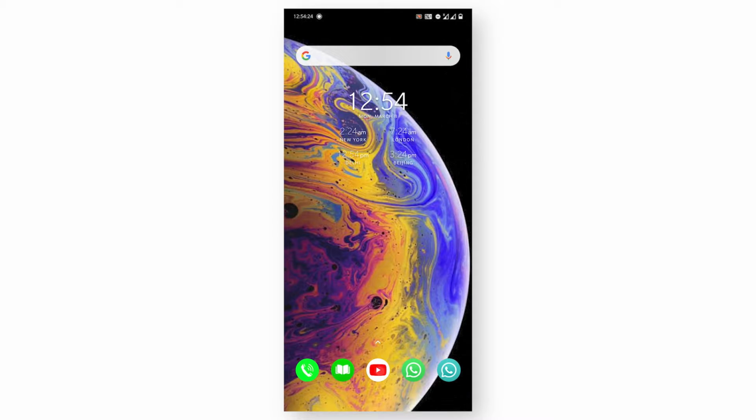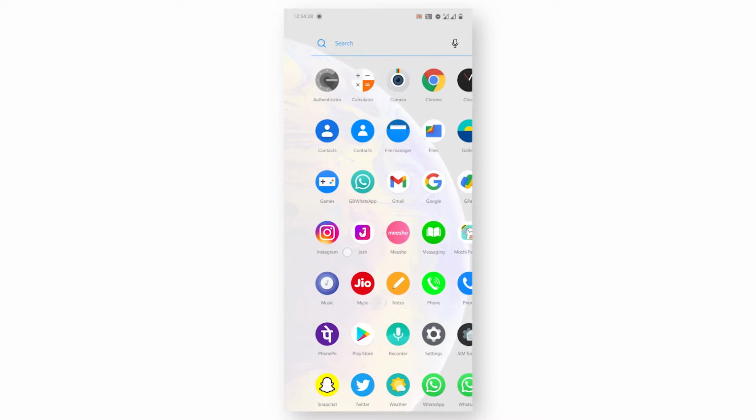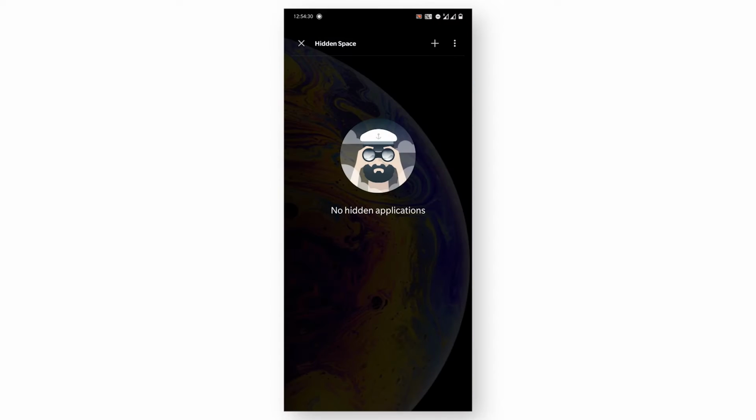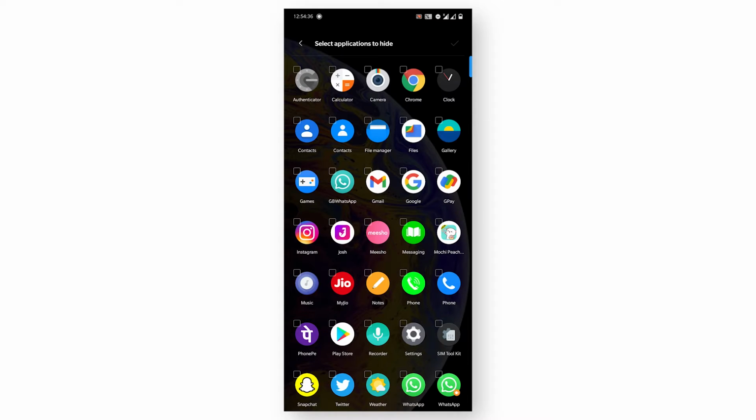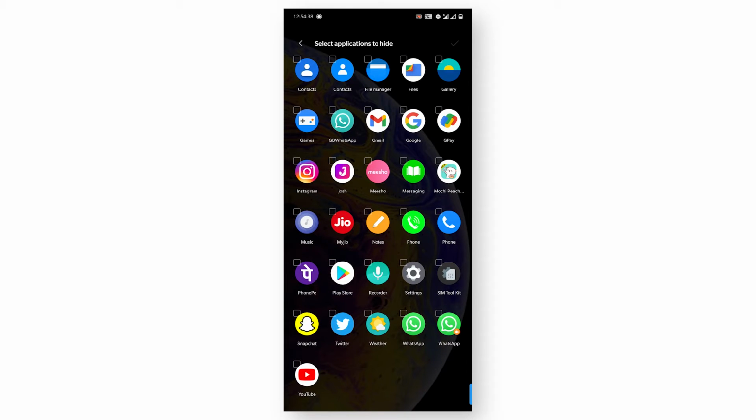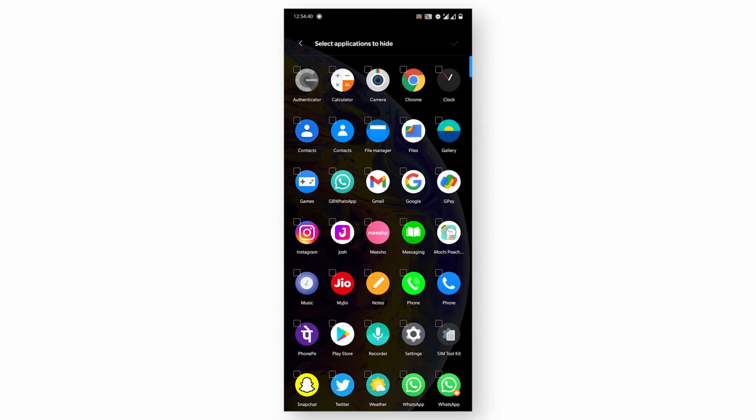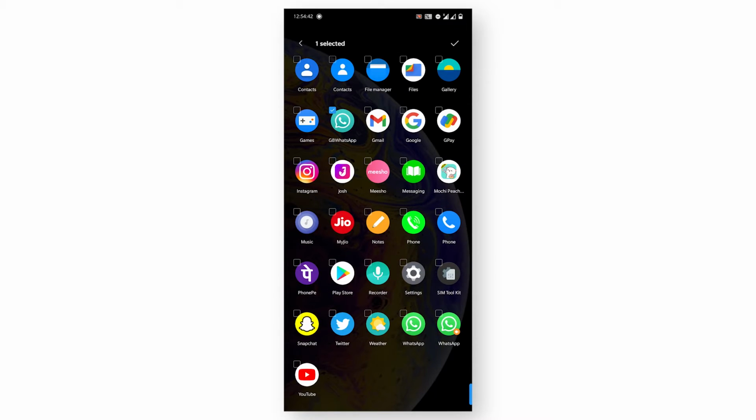So firstly, open your mobile and open your app drawer. Okay, so slide your screen from left to right to open this hidden space. Just click on the plus icon and choose the apps that you're gonna hide. Okay, I just choose this WhatsApp, and after choosing, just click on the right option here